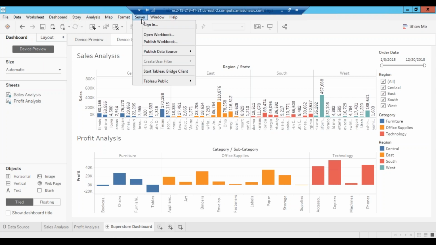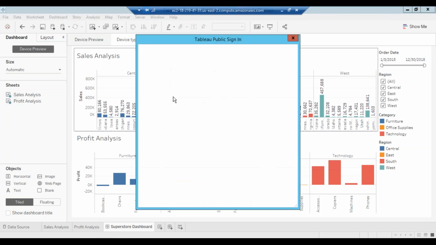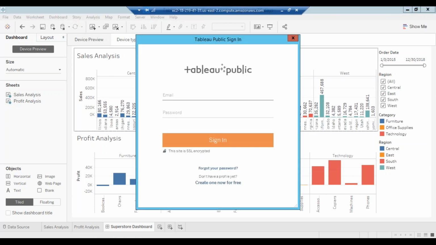Right now, you can publish it on Tableau Public. You have to say Tableau Public, save to Tableau Public as. Tableau Public is the cloud version of Tableau, where you can create your own account and always see how your dashboards are created and published to the users, and what the look and feel is. I remember my username, but I don't remember my password, which I have to reset.